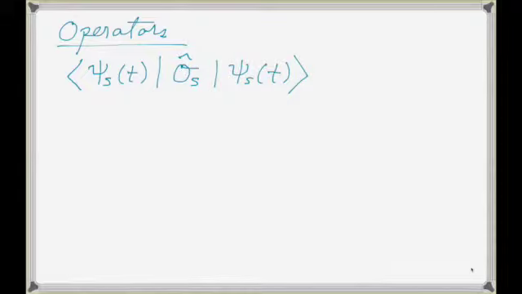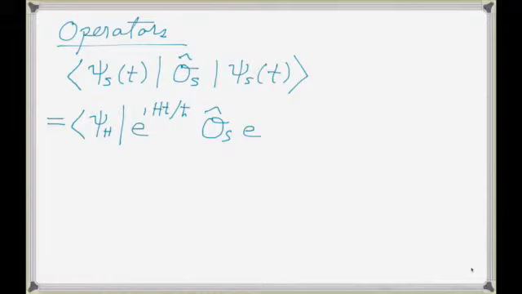And now I just replace the Schrodinger wave functions with the Heisenberg wave function. So that's equal to psi_H e to the i H t over h bar O_S, which is my operator in the Schrodinger representation, e to the minus i H t over h bar